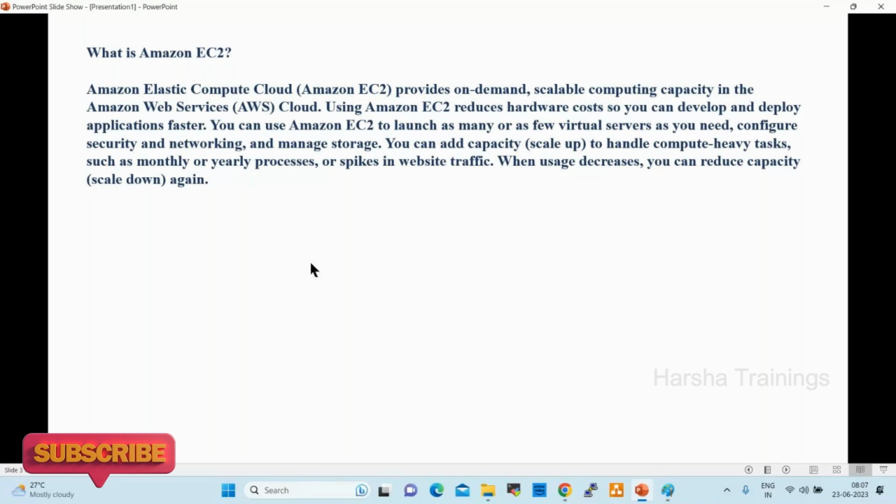So, scalable. What is scalable? It can be upgraded or downgraded as per the requirement. Scale means increase. Scalable computing capacity in the Amazon Web Services cloud. So using Amazon EC2,